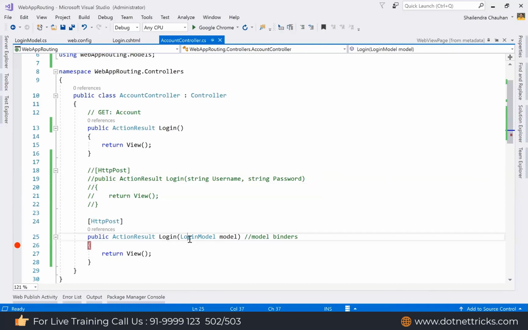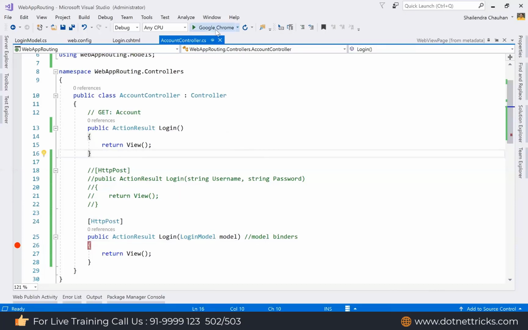And don't think that the login model can be used only with a strongly typed view. No, the condition is that if your text box names match the receiving model's property names, you can receive a standard form value on the server side using this model instance as well.